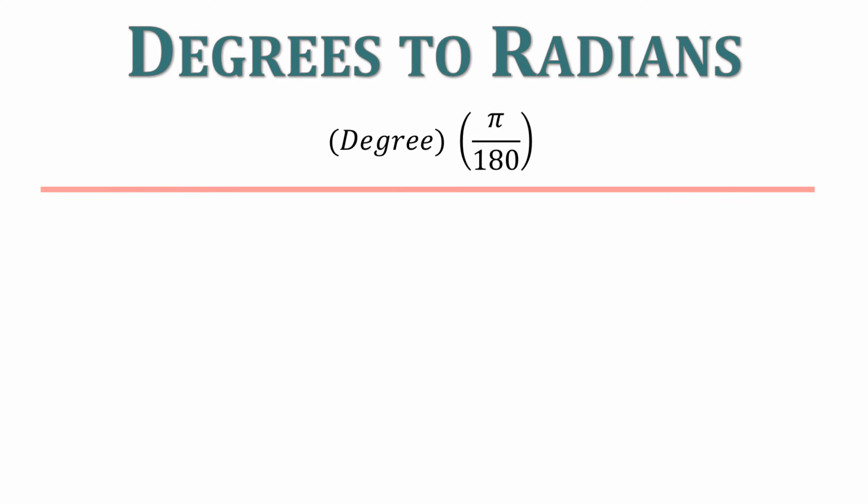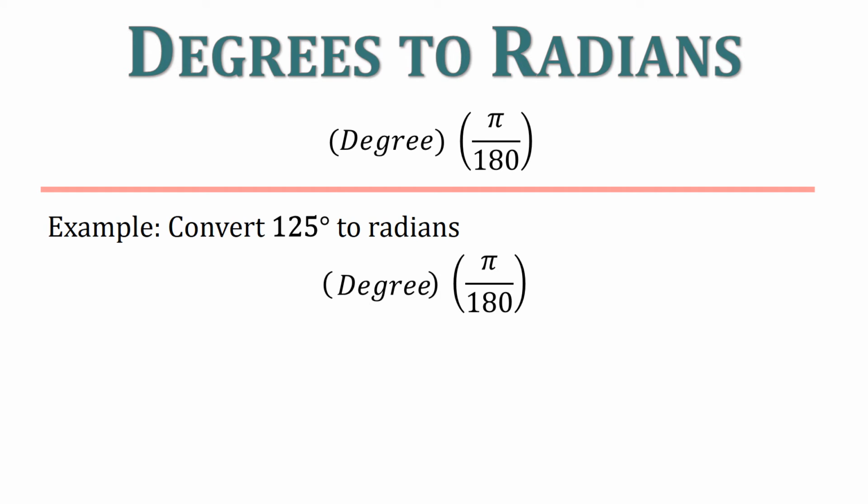Now, you see in the previous slide that radians and degrees can be equivalent. So we can take a degree measure and we can convert it to radians by multiplying the degree times pi over 180. So let's look at an example. We're going to convert 125 degrees to radians. So our formula is degree times pi over 180. Well, we know our degree is 125, so we're going to replace the formula where it says degree. We're going to place a